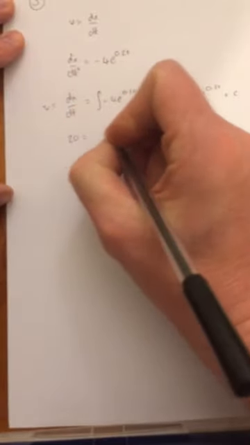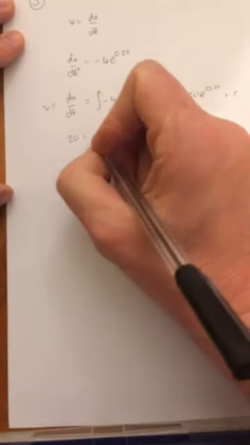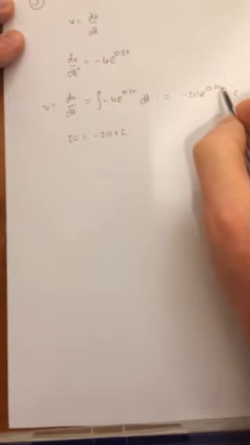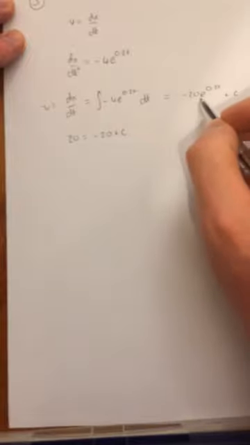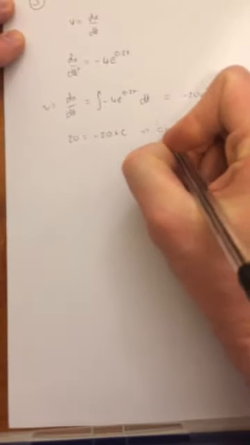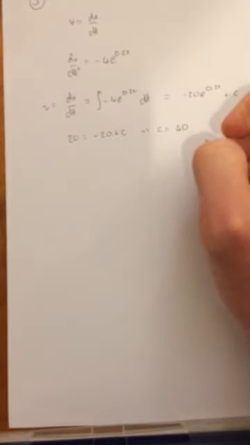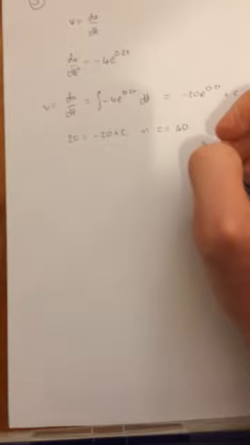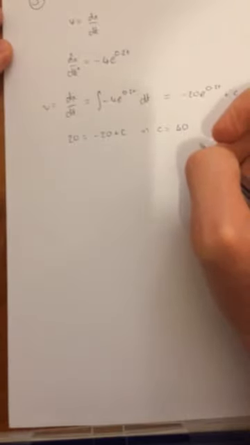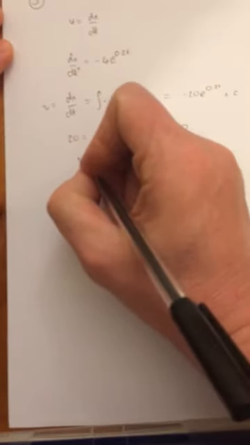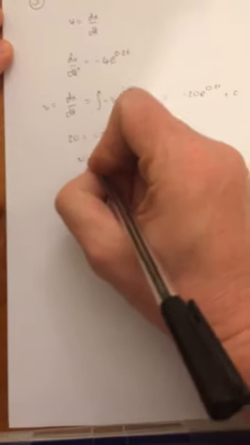20 equals, I'm going to say that's minus 20 plus c. The point is that when t is 0, obviously the exponential term is 1. So that's minus 20 plus c. So c is 40. It's not 0, it is 40. Okay. Right. Yeah, that's it. That's v is minus 20